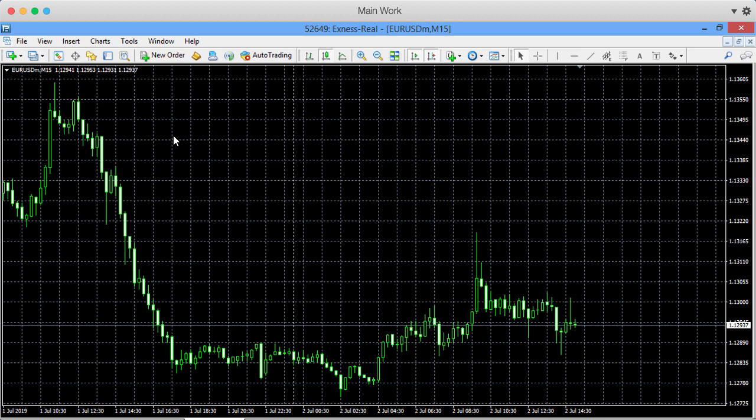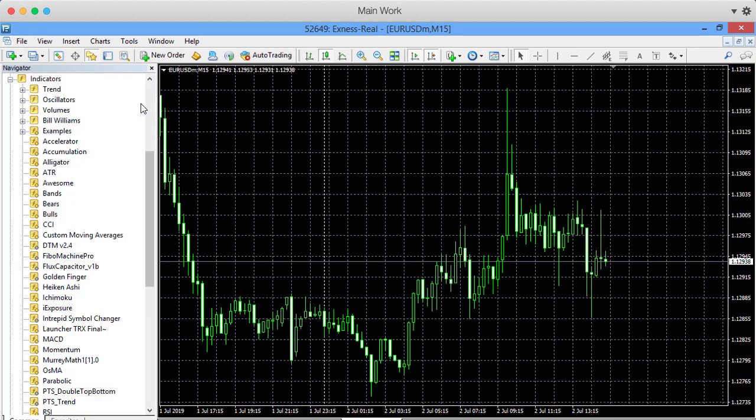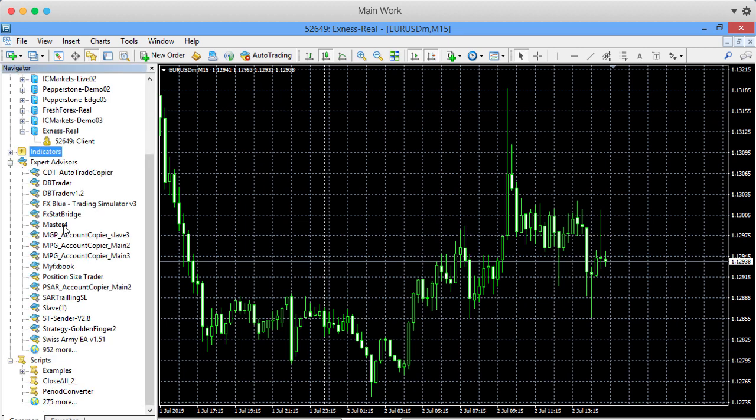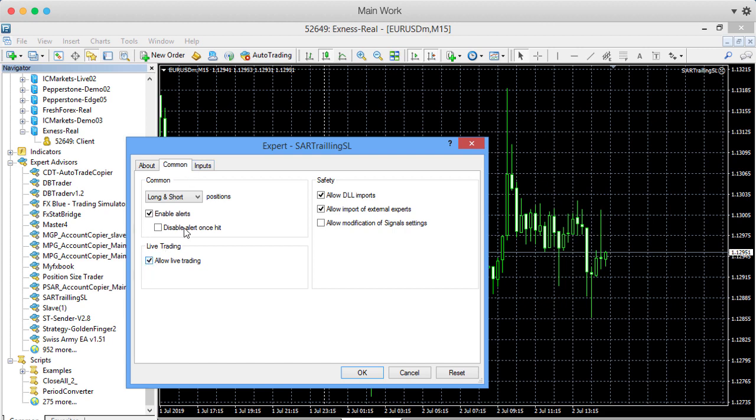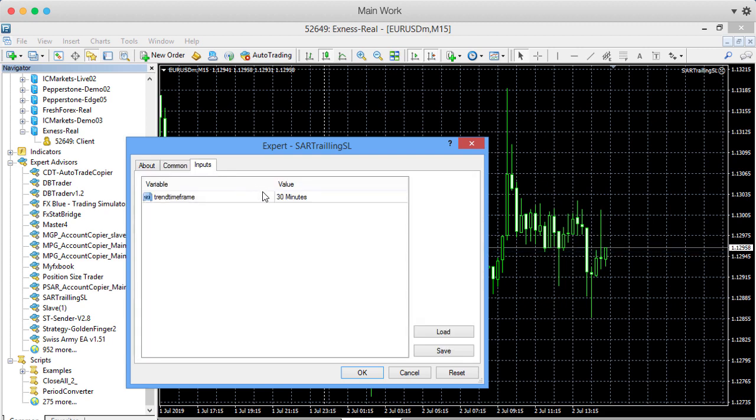So what we can do is just come here, get the SAR trailing. Now just allow live trading. Make sure to allow live trading, okay? And this will work on whatever time frame we choose for the trend. So whenever a trend changes, it will exit. And whenever the parabolic SAR, on the settings that I will show you, triggers, it will also exit on the 15-minute chart. So attach this to the 15-minute chart to exit